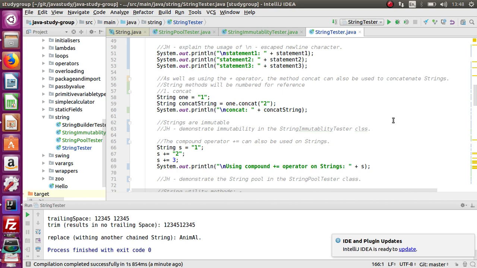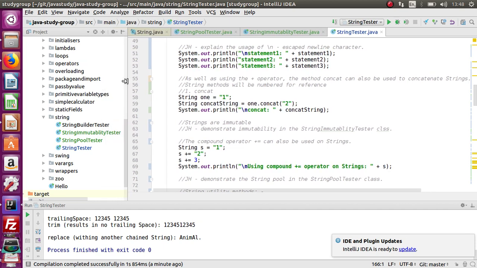If you know that you're going to be building a string and appending to it and concatenating it and splitting it and doing manipulations on it, if you know you're going to be doing a lot of that, there are other classes that can help you do that without creating so many objects. Two classic examples are StringBuffer and StringBuilder. I think that up to about Java 1.5, StringBuffer was the popular one, and that's recently been overtaken by StringBuilder. So just waiting for us next session, we've got this class called StringBuilderTester,